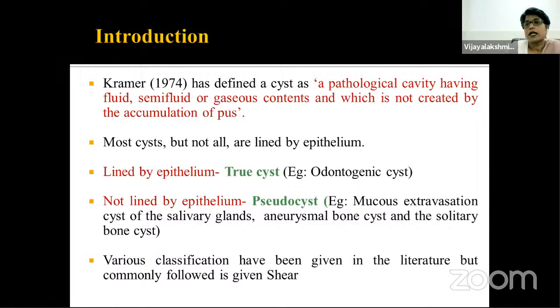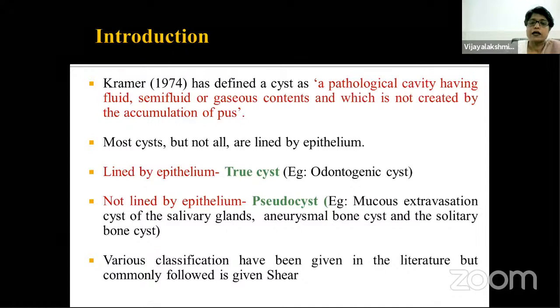And cysts which are not lined by epithelium are referred to as pseudocysts. Most often these cysts are soft tissue cysts occurring in the oral cavity, but there are certain jawbone cysts which are pseudocysts, like aneurysmal bone cyst and solitary bone cyst. Various classifications have been given in the literature, but the most commonly and aptly followed appears to be the one given by